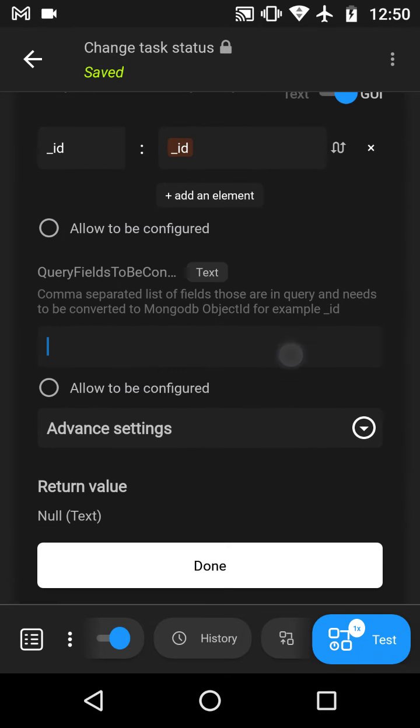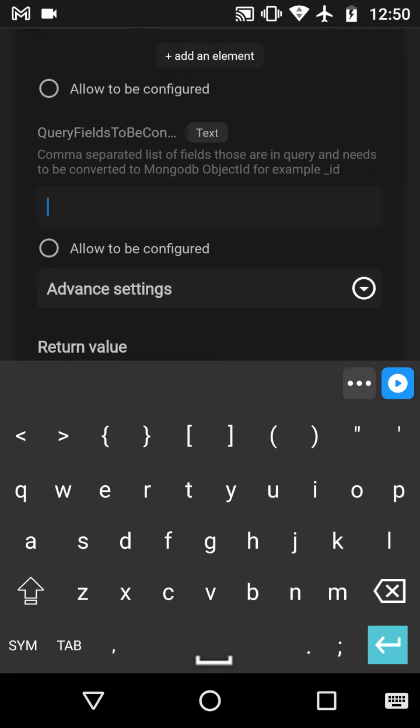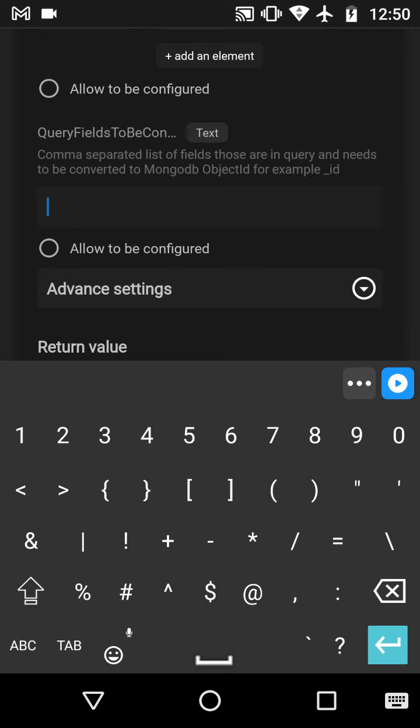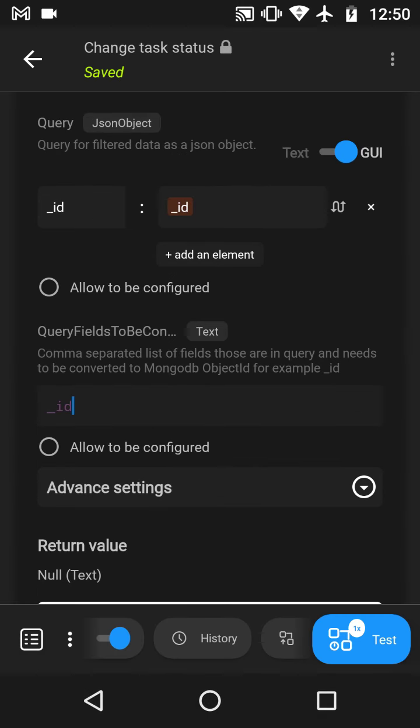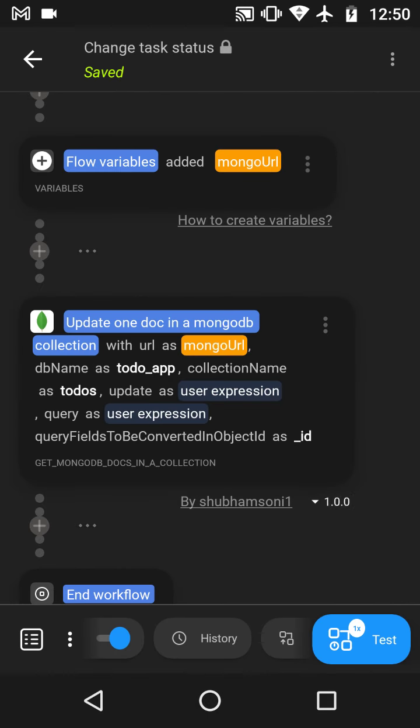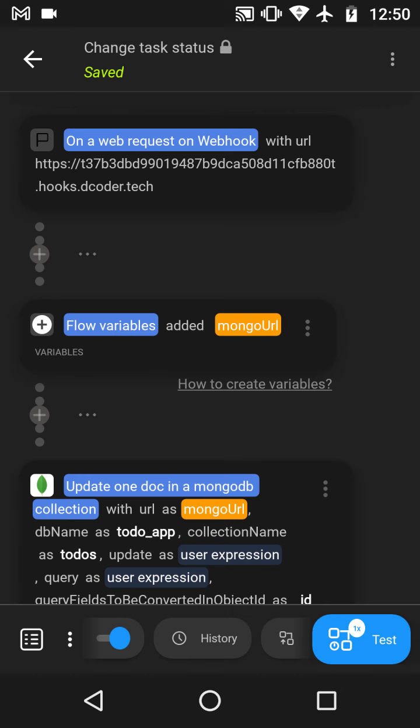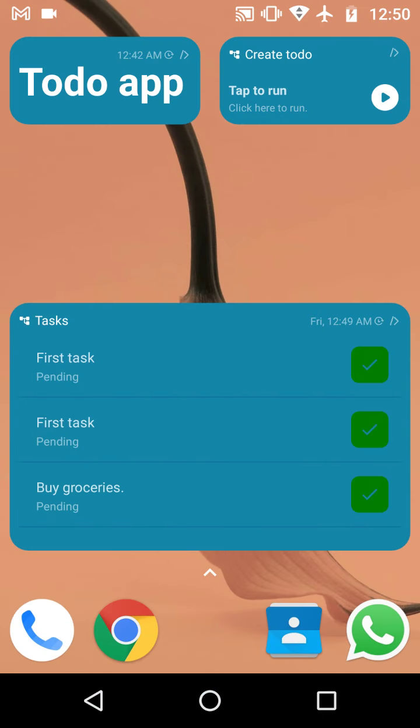That's done. We also need to specify any field that needs to be converted to a MongoDB object ID. Sorry, let's call it underscore ID and press done, and I think it should work. Let's test it out. Now you can see that the status hasn't changed, so let's click on it again.